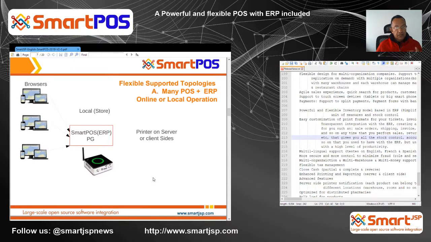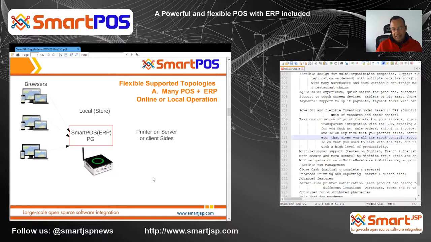Some considerations here that are really important: SmartPOS is really flexible, really powerful, so maybe it doesn't make sense to use SmartPOS in a single store with a single computer, because some of the configurations, some of the parameters that you have to enter, are closer to an ERP. There are some things that you will need to configure for accounting, for finance, things like that. So for a user that really wants something really simple,